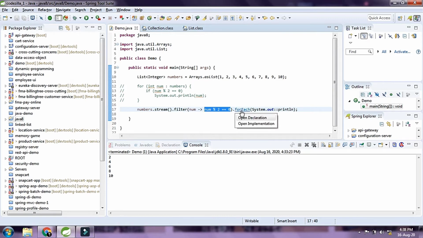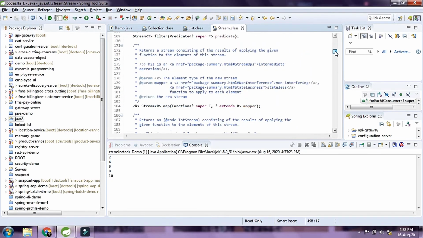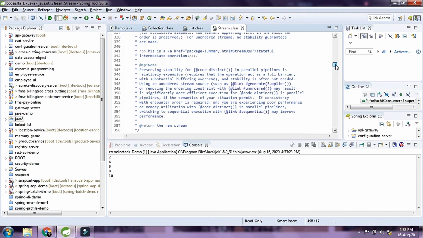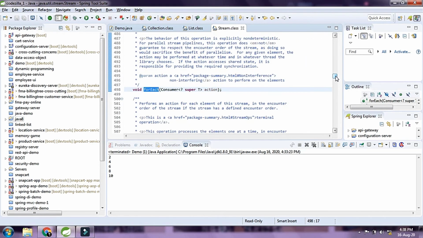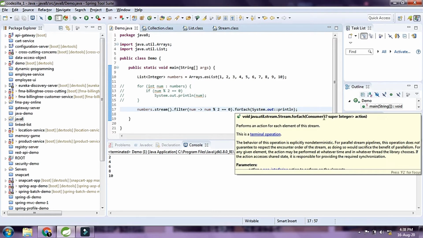So let's take a look at this forEach. This is inside the stream interface, and let's go up and take a look at the interface. So this is the stream interface, and it extends BaseStream, right? And we have this forEach method inside the stream interface, and forEach basically takes in a consumer. So consumer is again another functional interface, and if we take a look at consumer, right,